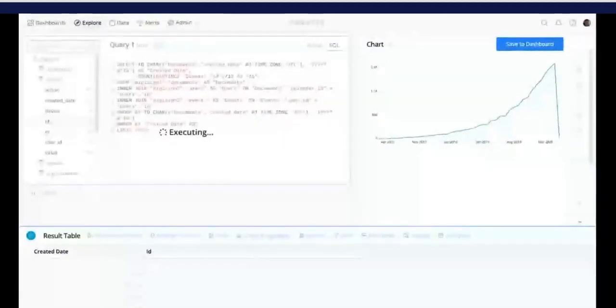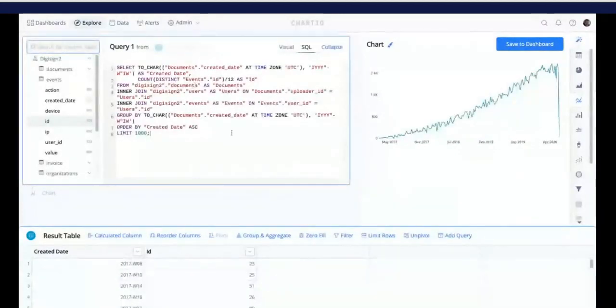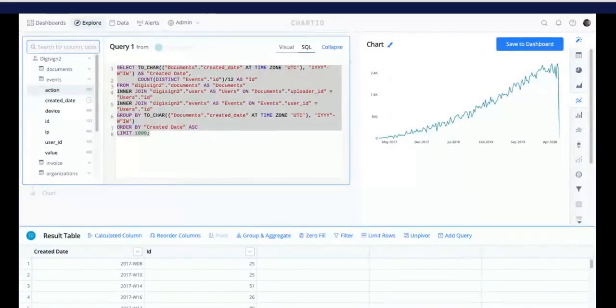But what's really nice is being able to have this, the Visual SQL kind of did a lot of the heavy lifting for me. It did the join already. It selected the columns I want. It got the date formats right. Really, really nice that I didn't have to type that all out. So going back to the visual mode,